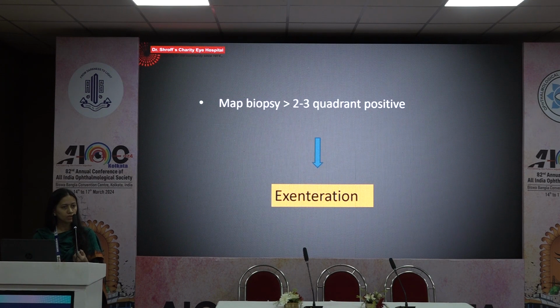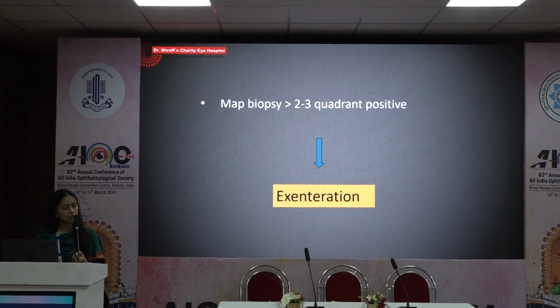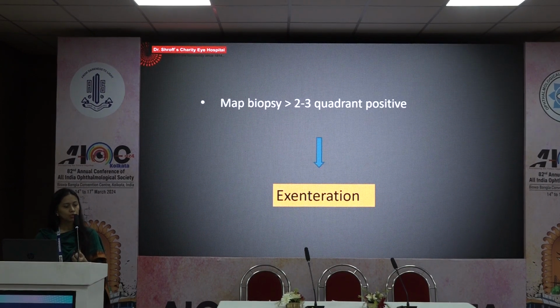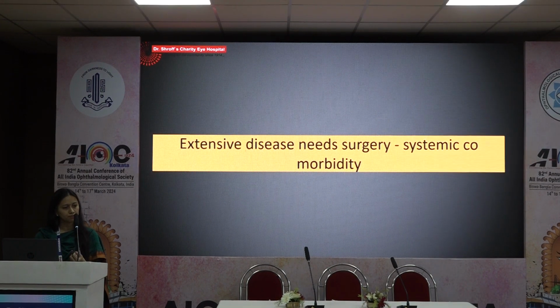But if it's localized, MAP biopsy positive in less than 2 quadrants, you can plan for an excision and then reconstruction of the ocular surface, and associated involvement of the eyelid can also be taken care of depending on the extent of the lesion. Now, another situation where we know the patient needs an extensive surgery is an eyelid tumor, a malignant eyelid tumor,